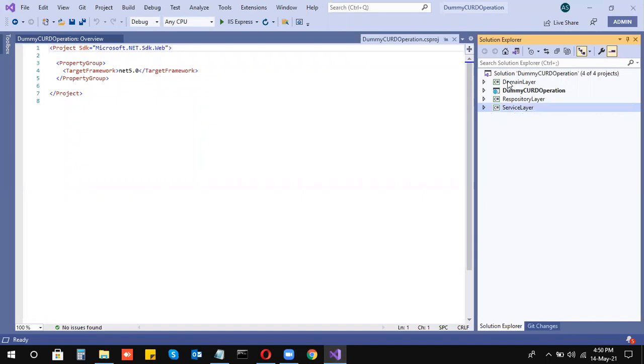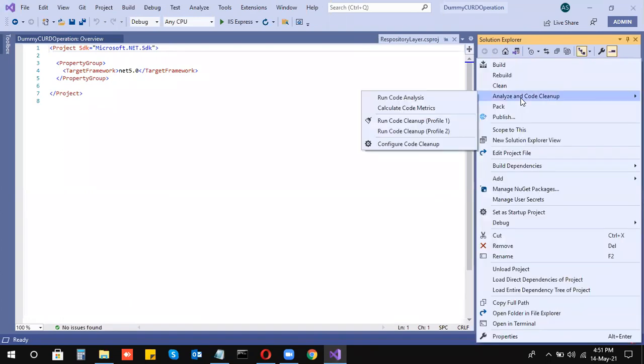As I told you, this is the inner layer. After that, we will move to this layer, and then to this layer. And finally, we will move to the dummy CRUD operation web API. So a repository is dependent on domain.